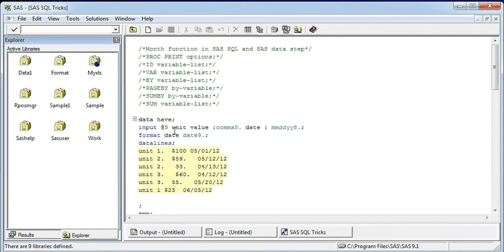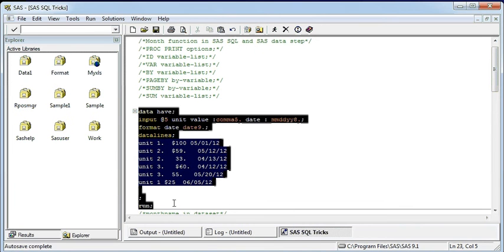In that I'm going to show you the input, where I'm going to display variables like unit, value, which would be comma5, then the date. So these three variables would be there: unit, value, date, and in that format date9. This would be a format statement. This would be an informat while reading this raw data.